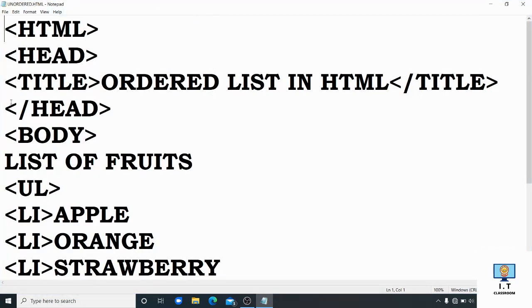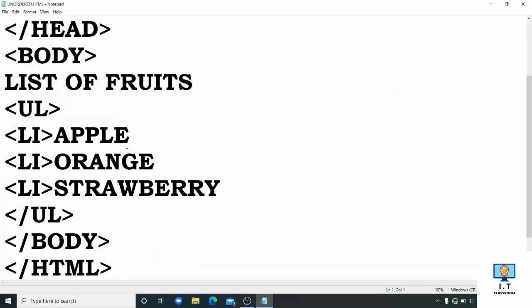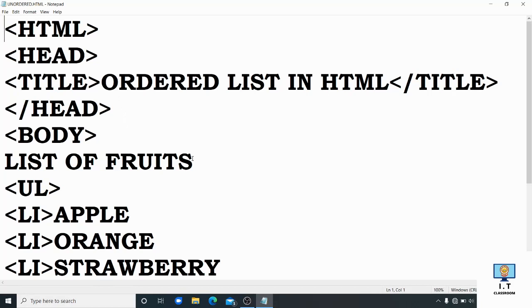In an ordered list, you use the OL tag, but when you are making an unordered list, you have to use the UL tag, which stands for unordered list. After that, you list the items by using the LI tag like this. The rest, all the tags which you have used here, are the same.